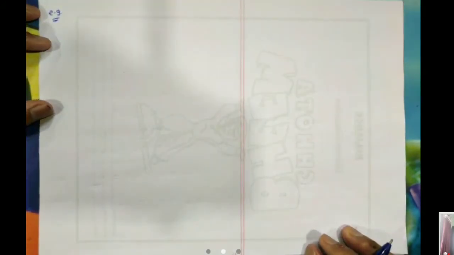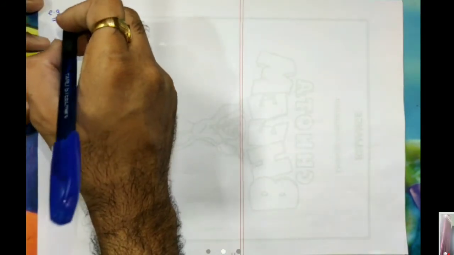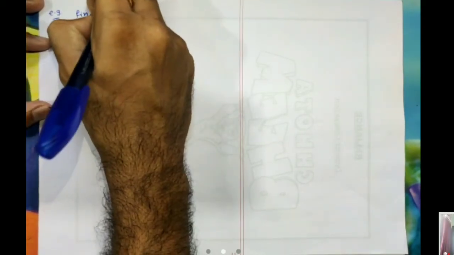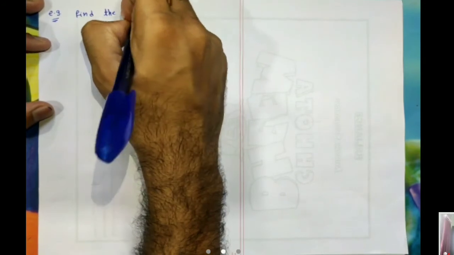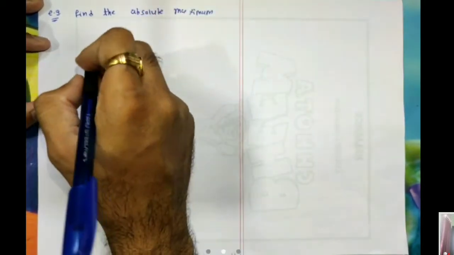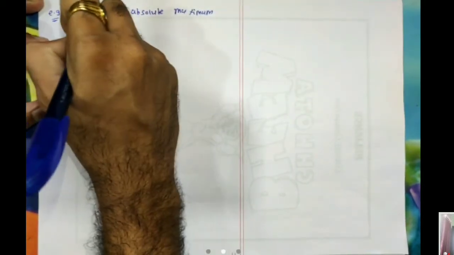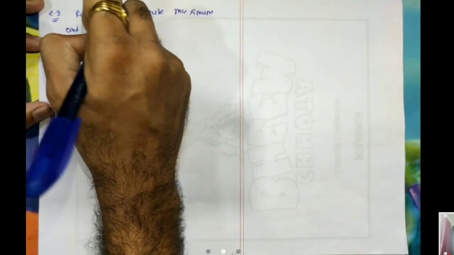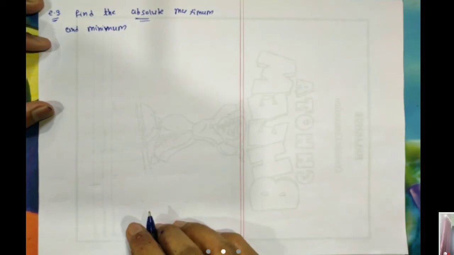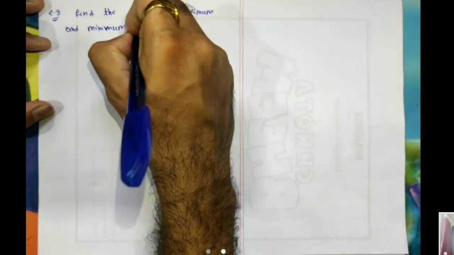to clarify our doubts of absolute maximum and minimum values. So consider, find the absolute maximum and minimum values of the function. Question is, find the absolute maximum and minimum, you see, it is absolute now, not local. So find the absolute maximum and minimum